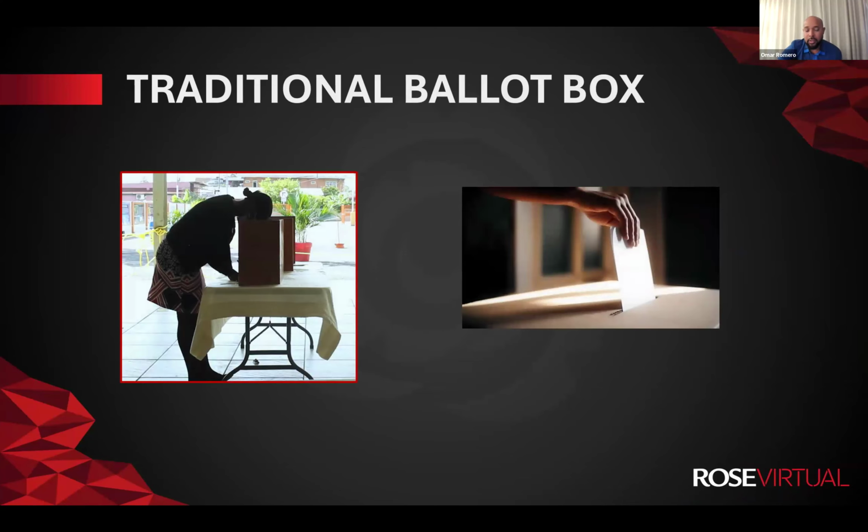Okay, so where are we? Right, so as I said, the initial process would have been the traditional ballot box. You had 3 boxes. You had members who would, at that time in the meeting, form a line. They would get 3 ballots and they would mark an X next to the ballots and deposit those ballots into